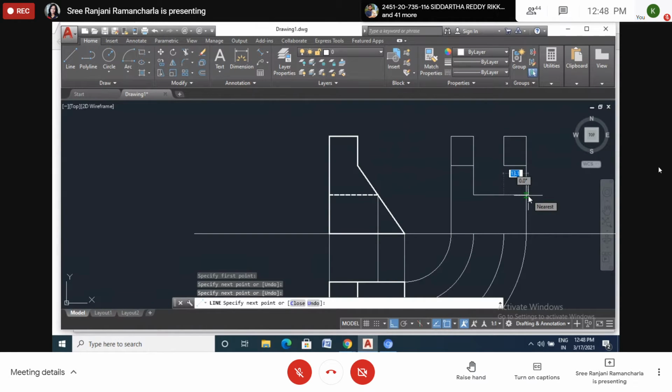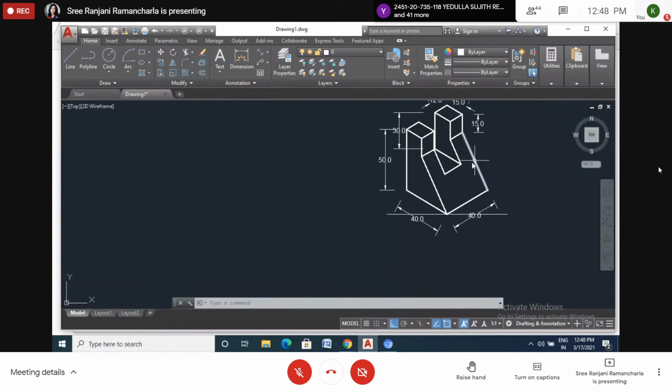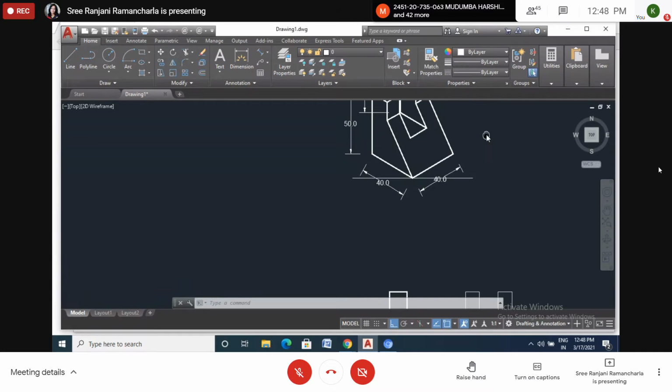No, we don't have. Why we don't have means this line we don't have. Why? Because we are looking from here. We are looking here, this side. Here there is no edge, nothing is there. This is the smooth surface. I mean straight surface. No edges, nothing is there here. Here also. So we are looking from here. Okay. So only this part we have to draw the dotted line. Only this part, this one, we have to show in the dotted line.